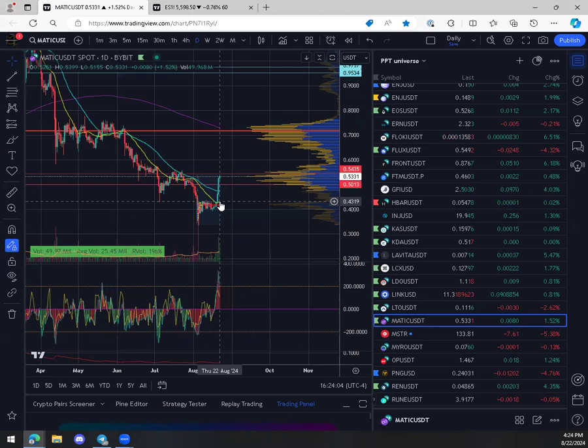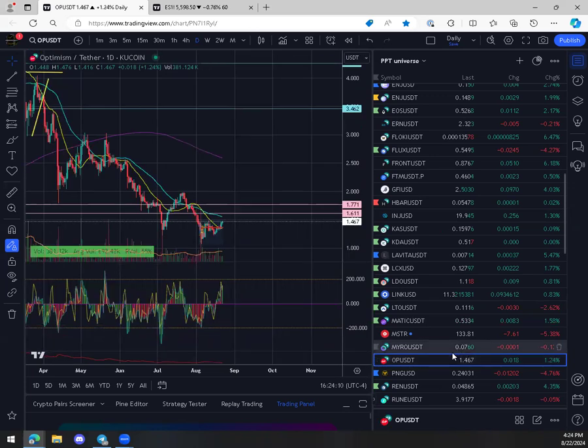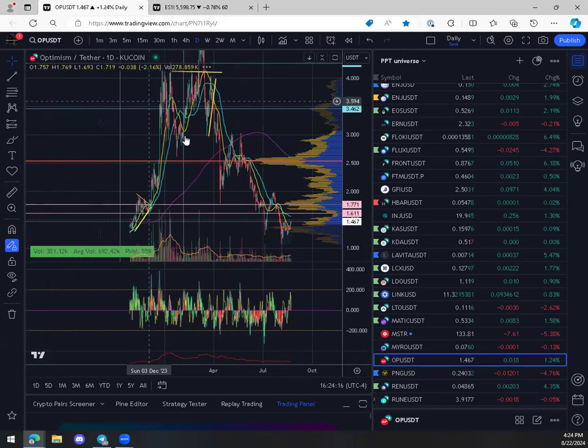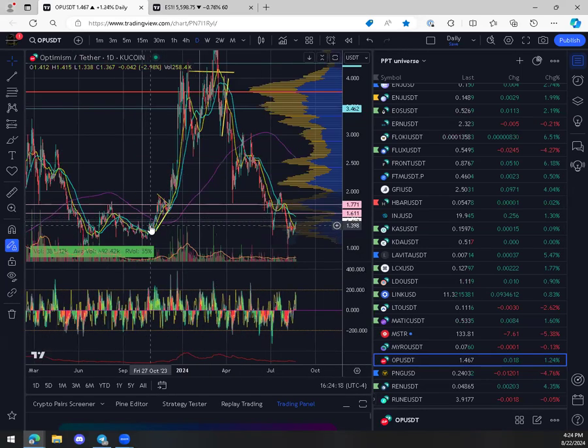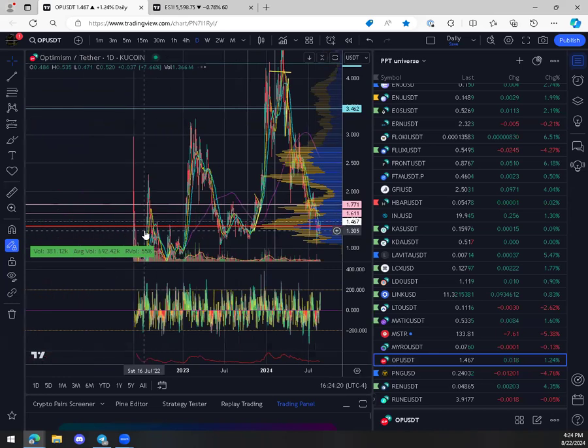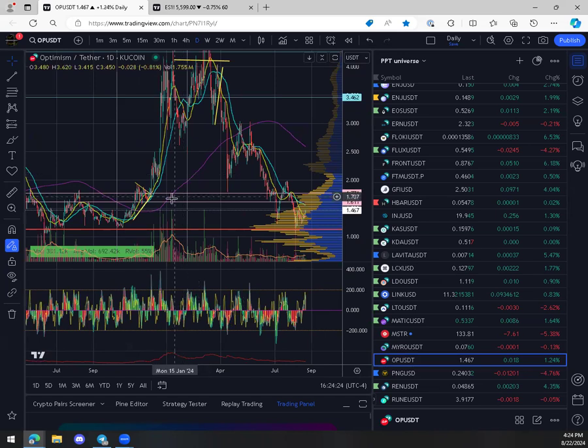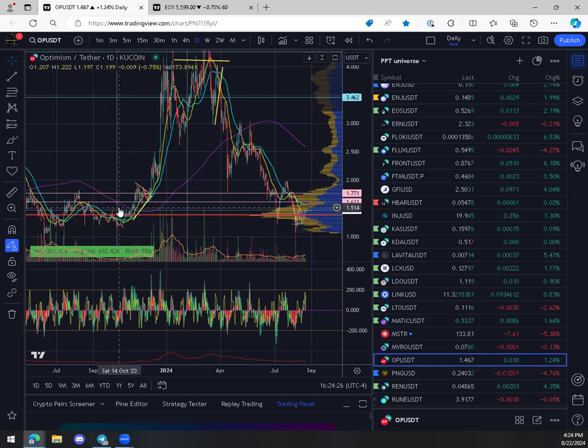Okay, people are nibbling now. This has gotten so much pain now. They're like, okay, these are great value buys. I mean, this was around the same price that I bought in December and rode it to $4. So everything's kind of gone back to December's prices or even lower.